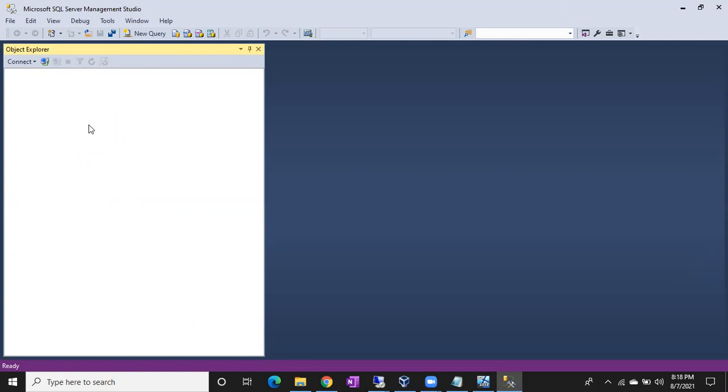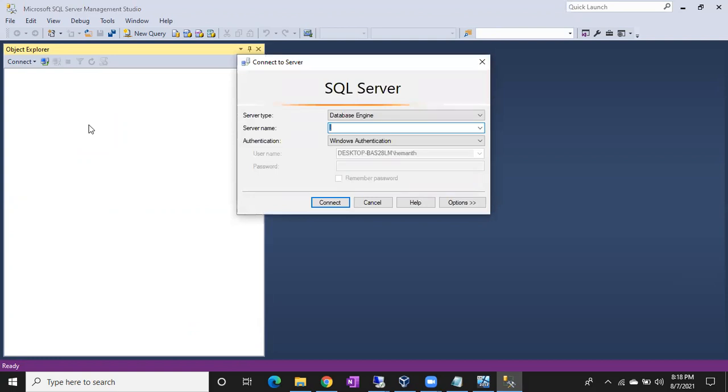But again, don't think it won't take the username and password. It will take the username and password, but during the login into the Windows machine itself. As you are a successfully verified user by the Windows machine, next time it won't ask for the username and password again. If you choose SQL Server authentication, you have to provide the username and password, because it doesn't know from which machine you are trying to access the server. So now it is going to ask for your username and password.